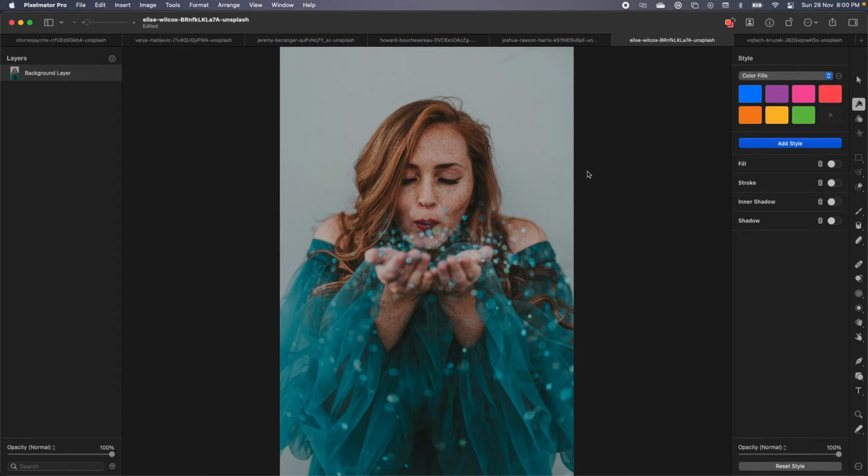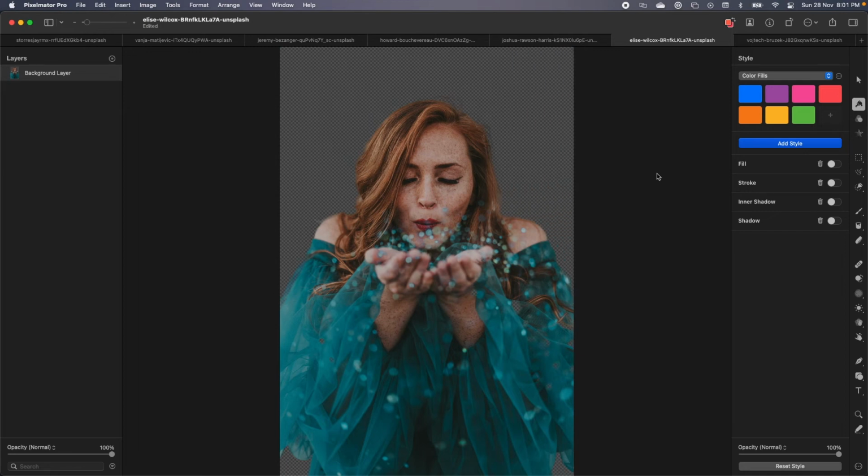Let's do one more image. This is a less contrasting image than what we had earlier. So let's see if it's able to identify the object here properly and remove the background. Again, depending on the objects and the contrast ratios, the processing might take some time. It's able to identify the object properly. Again, the hairs and everything have been preserved. Even the smallest of hairs has been picked up, which is very good.